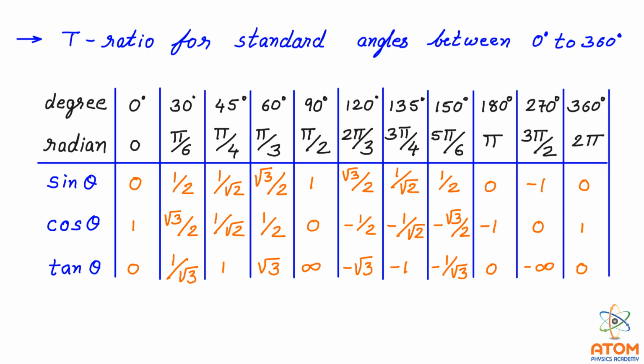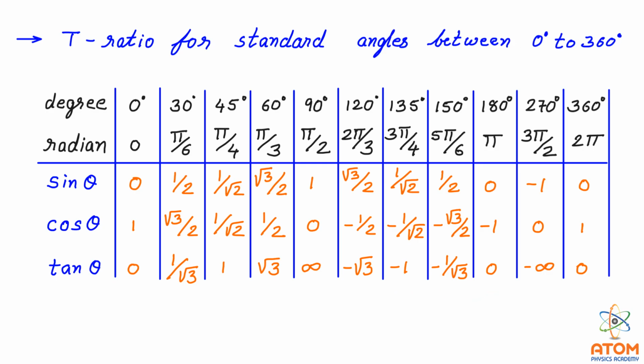Here, you already know the values of sin theta, cos theta and tan theta for the first quadrant, means up to 90. Now let me give you some clue how to remember the values of the second quadrant, that means from 90 degree to 180 degree. First you must remember that in the second quadrant sine is positive. That's why you can see all of these values are positive. And cos in the second quadrant is negative. That's why all these values are negative. And tan is also negative. That's why all of these values of tan are negative.